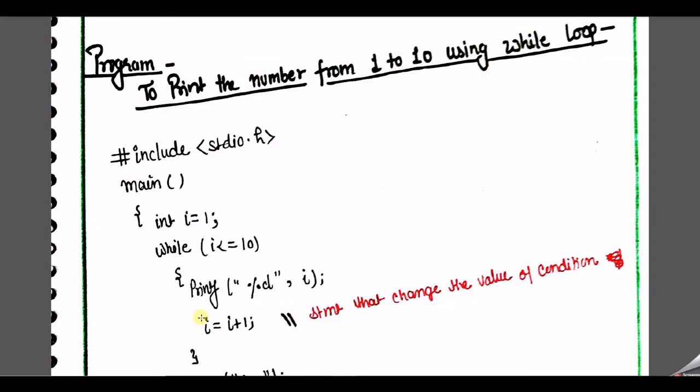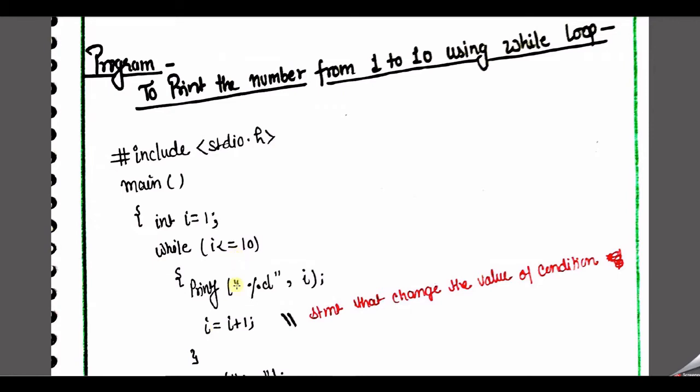So again I repeat, according to the syntax of the while loop, first we need to mention the condition. Yes, I mentioned the condition which is applied over the variable: I less than or equal to 10. Then, going through the syntax, our statement displays the value of I. That means if I is equal to 1, then the value printed here is 1, and we apply the increment over I. Now I is equal to I plus 1, that means the current value of I becomes 2. And now after that, what will happen?